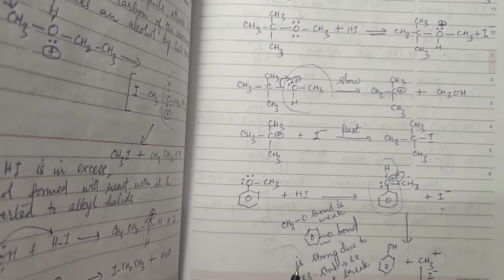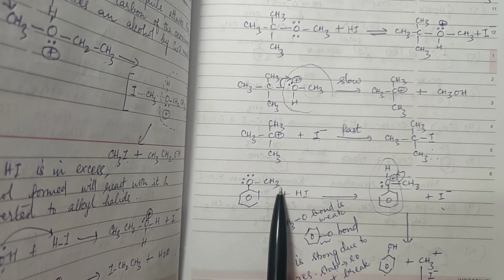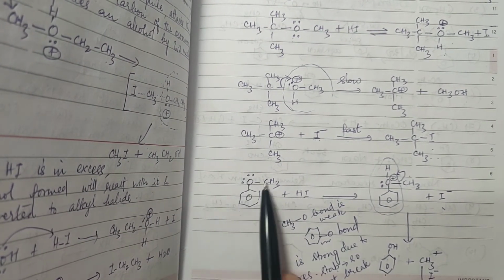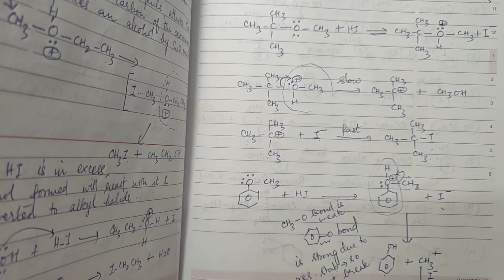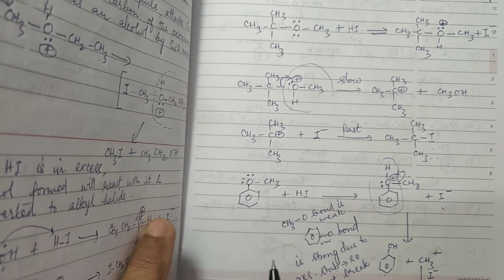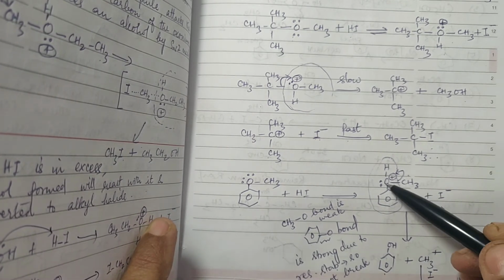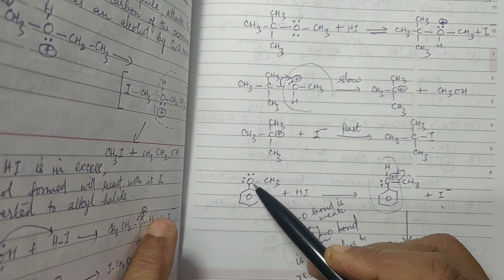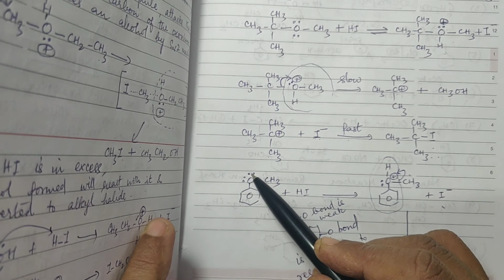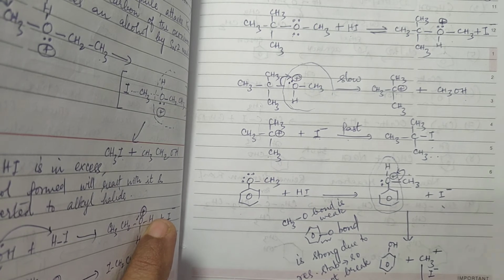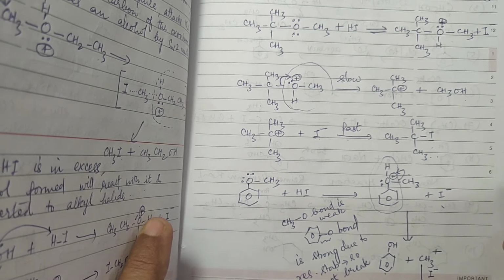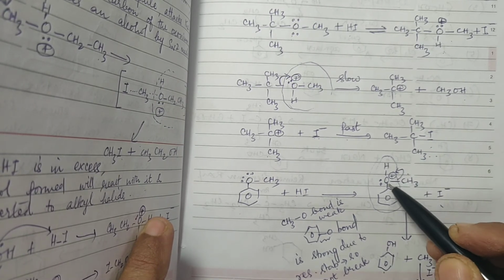Now supposing if it was an aryl alkyl ether, then in that case how will it react? Now initially protonation is taking place, same way H plus is getting attached through the lone pair of electrons on oxygen to form protonated ether. Okay, and in the next step you see which bond is getting cleaved. It is the C-O bond.